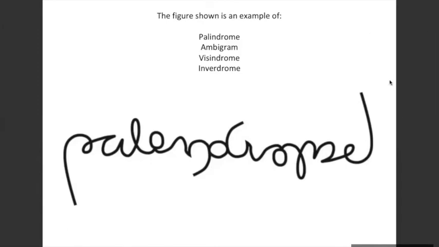Yes, Sanjana, you're correct. It's an ambigram. So this word is an ambigram, and an ambigram is any kind of word or any kind of language written in a manner that when you rotate it 180 degrees, I will be able to reconstruct the word palindrome the way I'm looking. So if I rotate this 180 degrees, I will still be getting the same graphic that I'm looking at right now. That is called an ambigram.